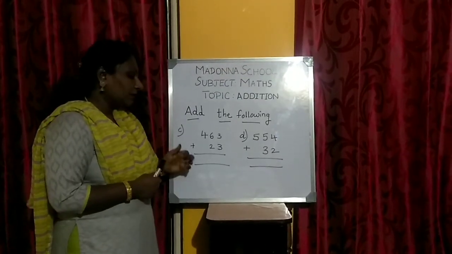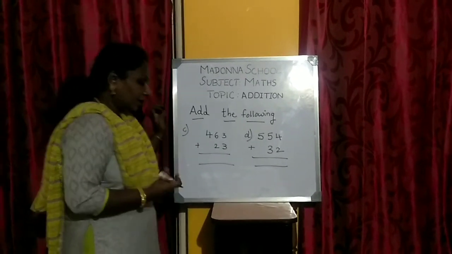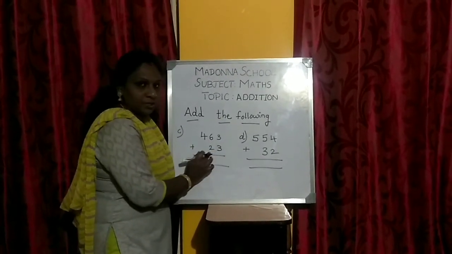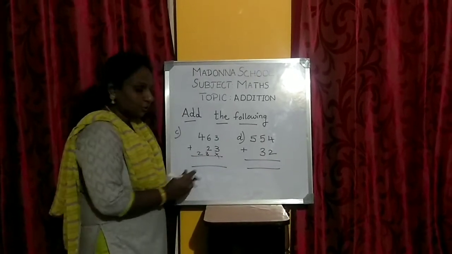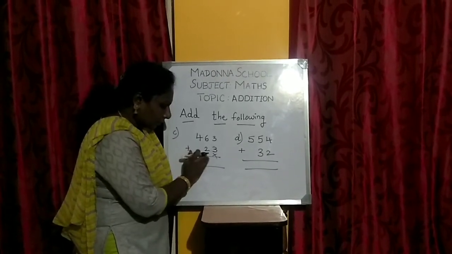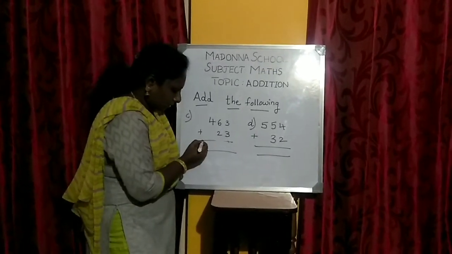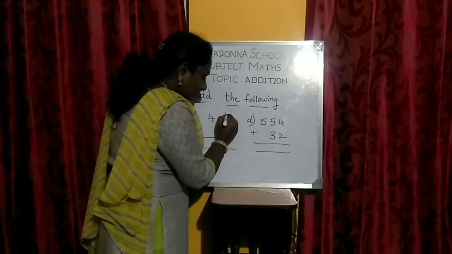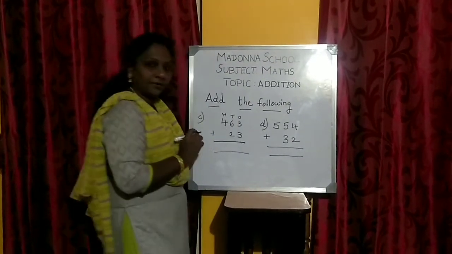So now, children, we will add a 3-digit number with a 2-digit number. Okay, see, while arranging, you should always write from the ones place, because you can't write the number like this. It is wrong. You should always write it like this. You have to arrange the numbers like this, from the ones place. Understood? Okay children, now write the place value. So 3 is at the ones place, 6 is at the tens place and 4 is at the hundreds place.